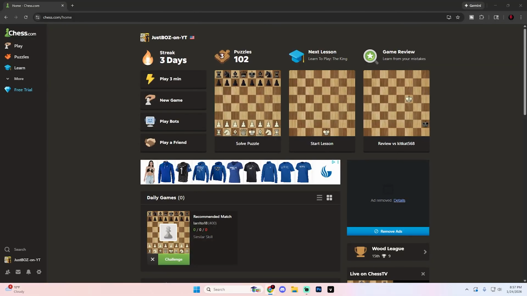In this guide, I'm going to show you how you can remove chess pieces here on chess.com using both PC